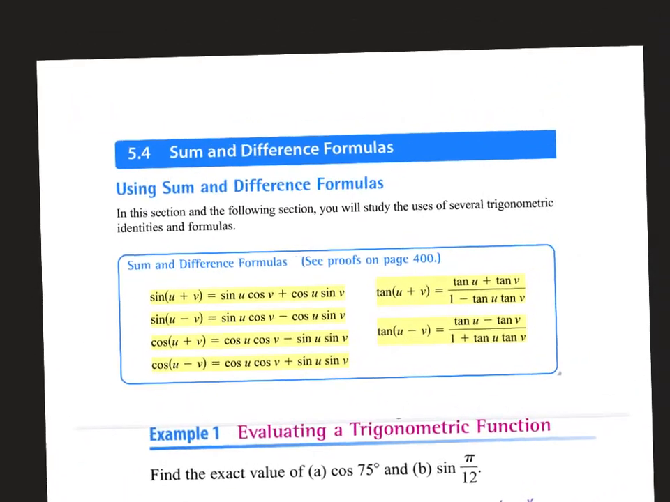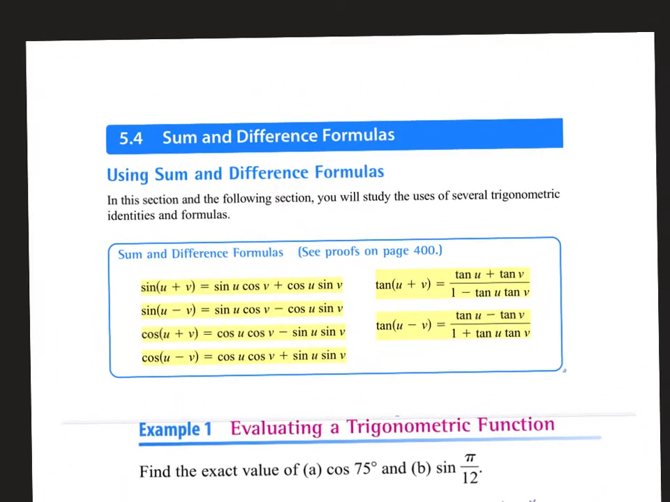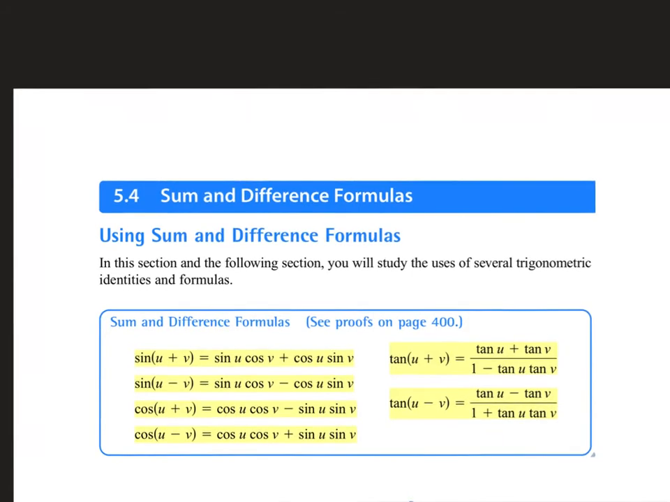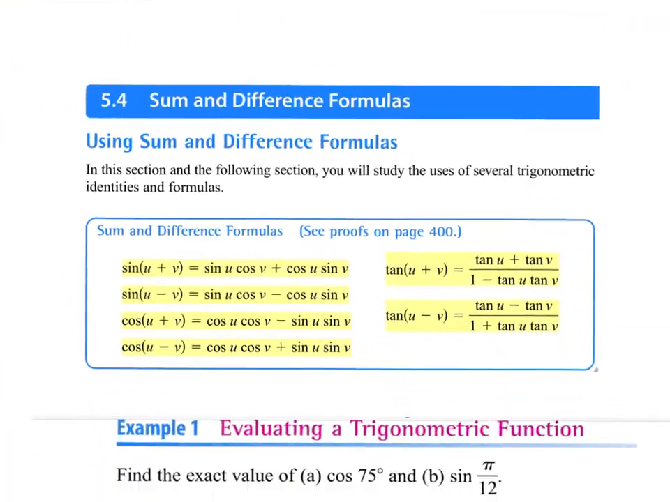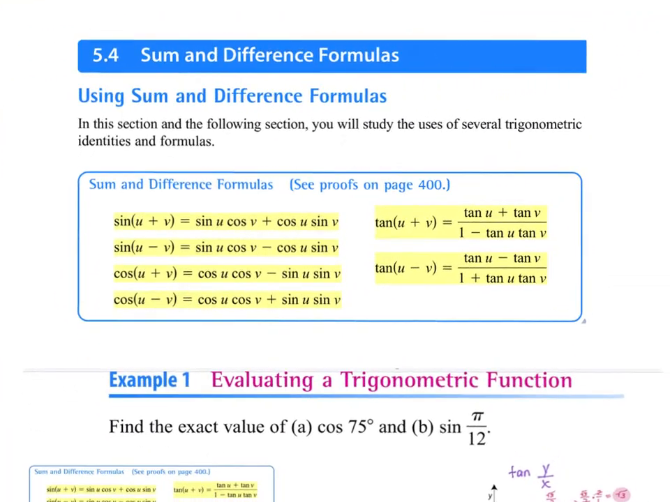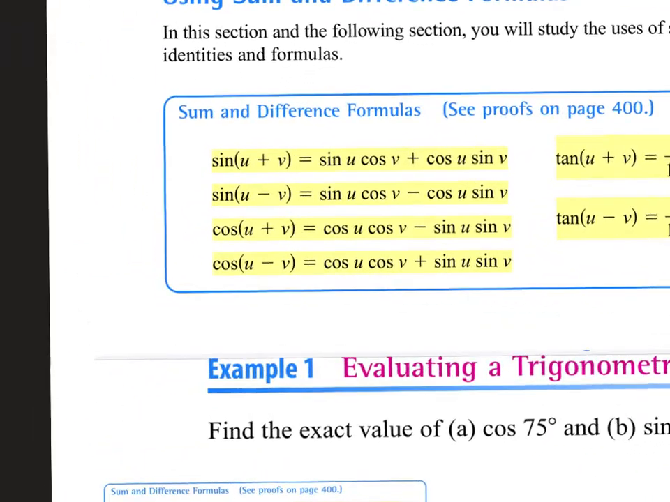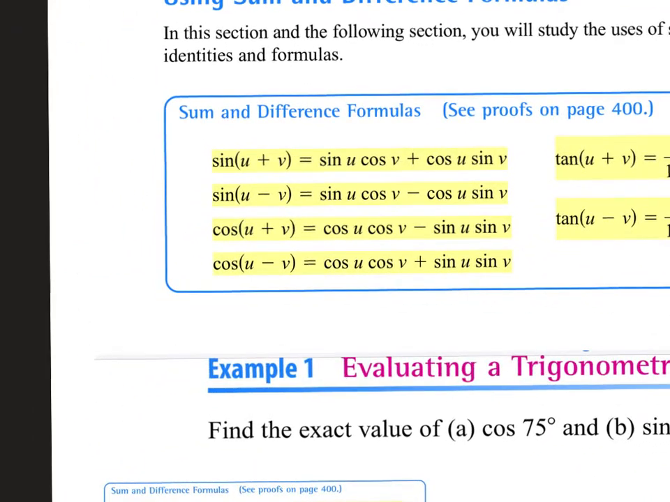All right, 5.4, sum and difference. You guys will be given, like I said, these formulas on the actual test when you go to take it. What I need you to write down and to remember are these two things. The first thing I want you to write down, you're going to use this